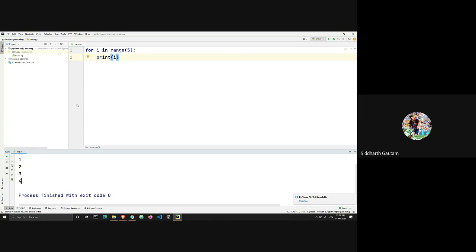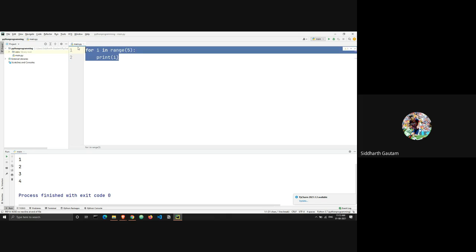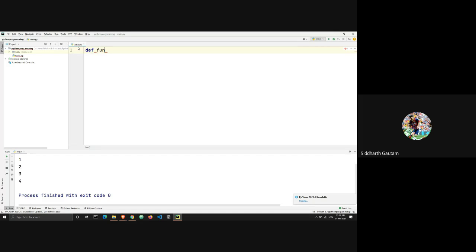What if I want the loop to function in such a way that the value will increment only if I tell it to increment? Let's see how we can do that. For that, let's make a function. Let's say def fun, and we will take the value of n here.